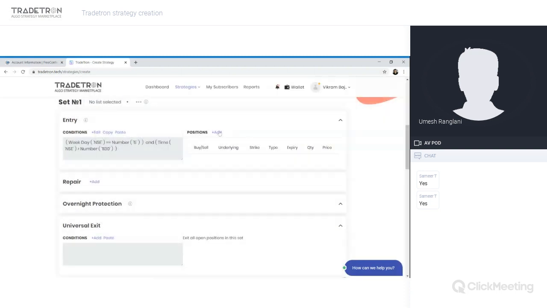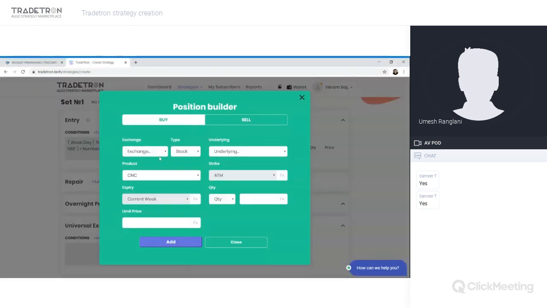Now I can come to the positions part. So once you have defined the entry condition, you can add one or more than one legs to your strategy. So here we are going to do it on Nifty. So I'll select Nifty call. Will be NRML because I will be taking positional trades.